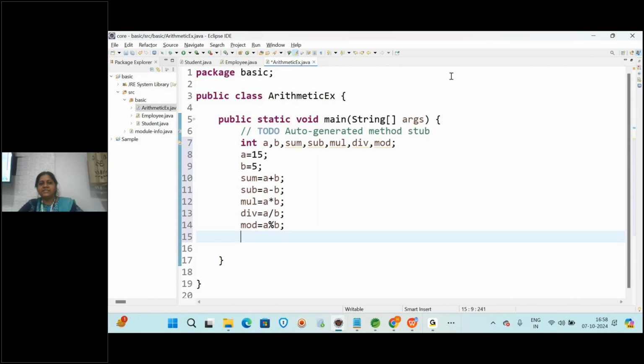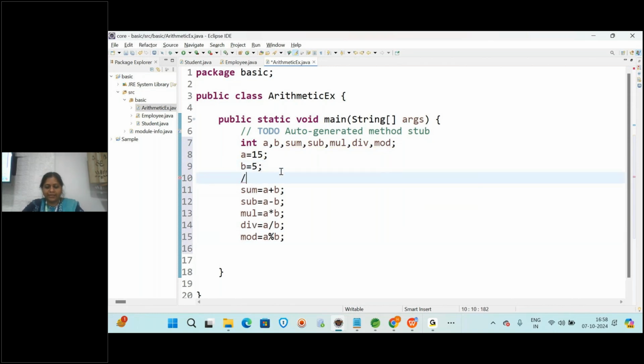Understood? So first whatever variables we want we declared, then we assigned the values and we did the arithmetic operations. So these are arithmetic operators.